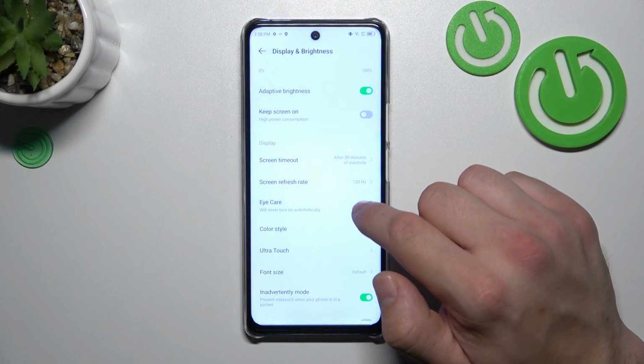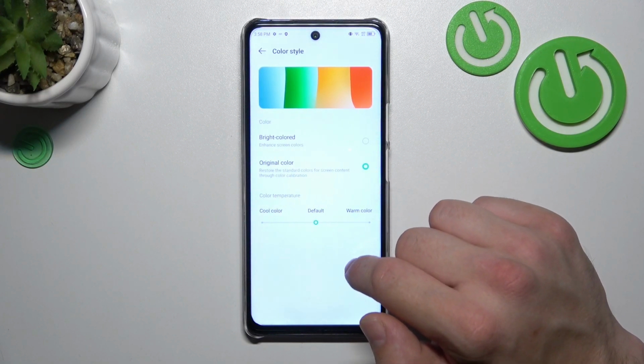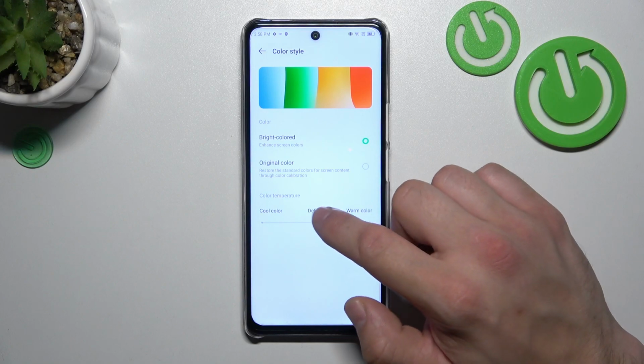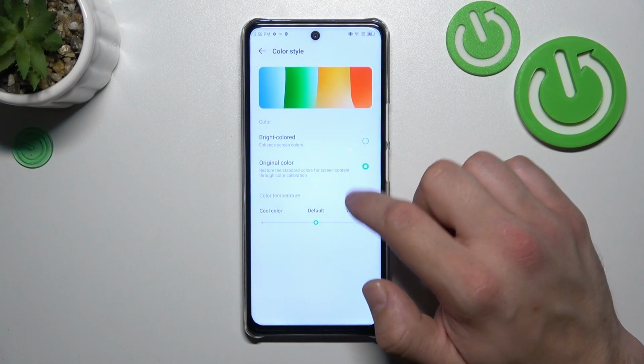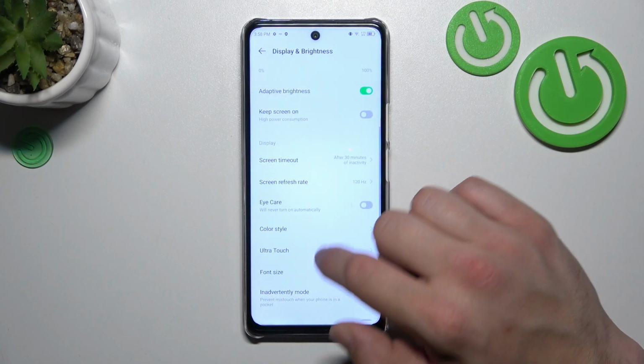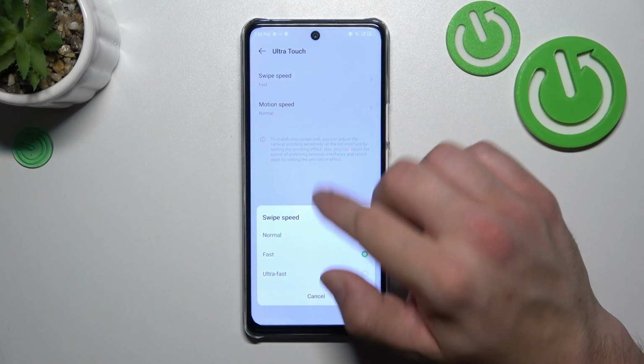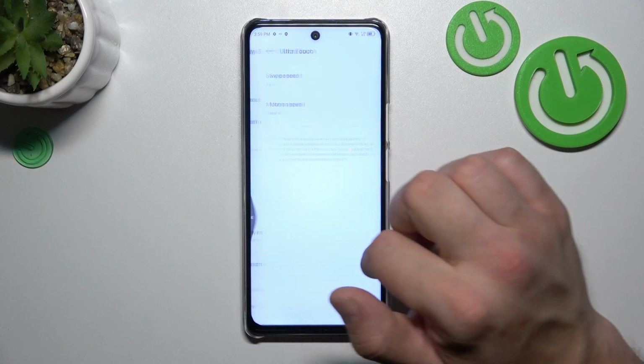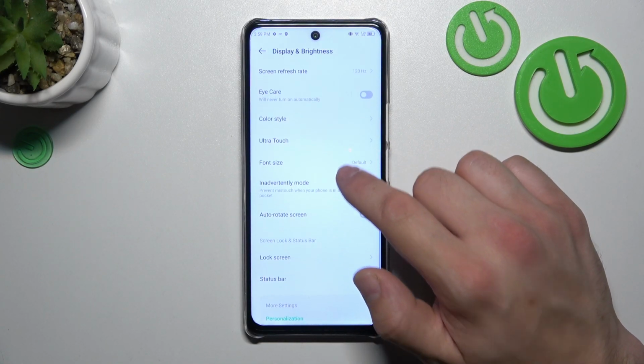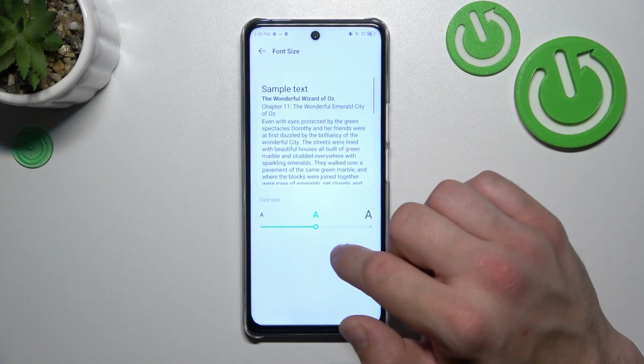Then we can enable or disable eye care function, change color style of the display and color temperature, enable or disable ultra touch and adjust it. Then we can change font size,